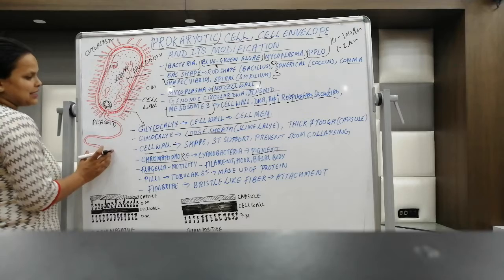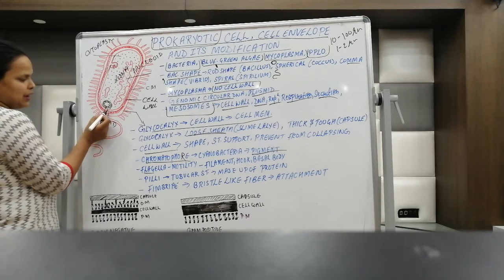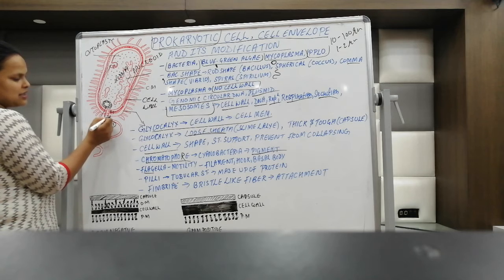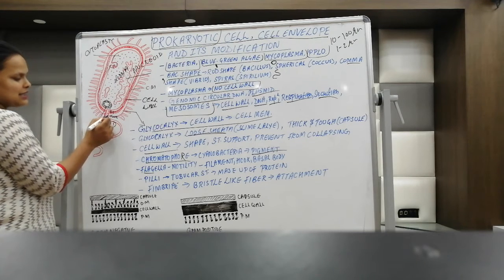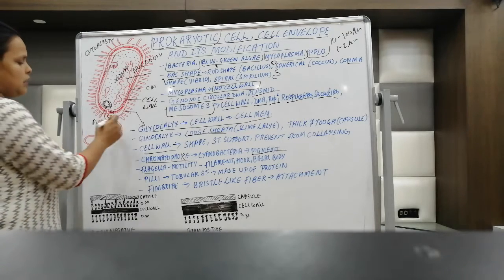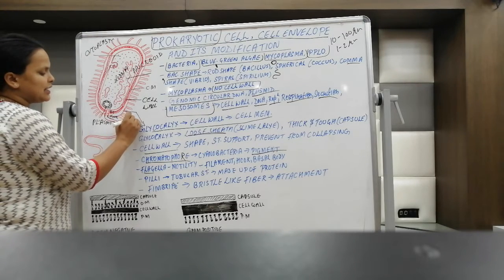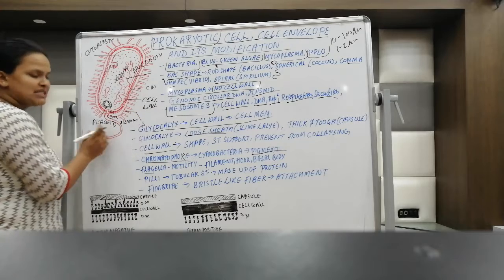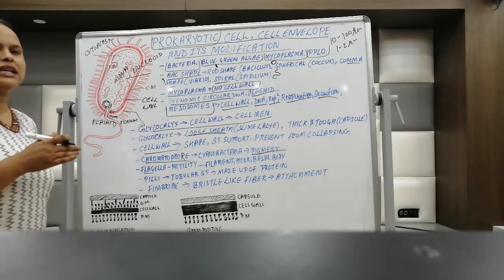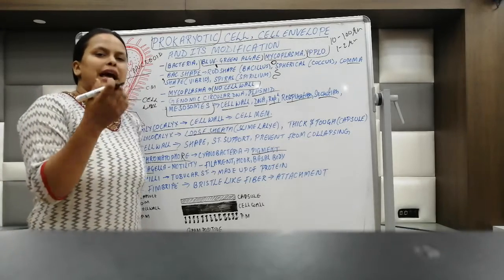Now you can see there are three parts. One is the basal body, this is the basal body. Next is the hook, which attaches to the basal body, this is the hook. And this is the filament, the long protruding structure. So basically this filament is the longest part in the flagella. We studied cilia and flagella in the last lesson, you can go there and check the 9+2 arrangement